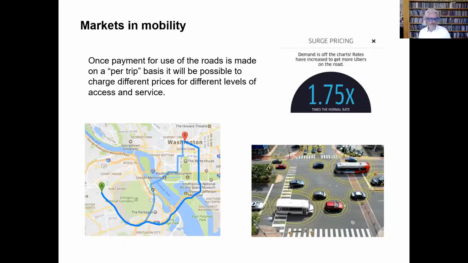So I hope you can see now why we have titled our paper "Make Way for the Wealthies," because in the world that we're imagining, an invisible technological infrastructure will require people to make way for the wealthy. You'll be able to outbid people for access to the road system.